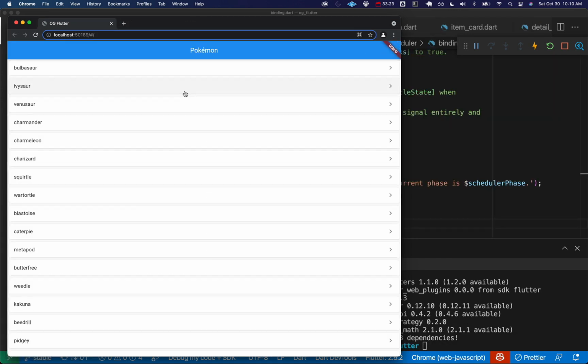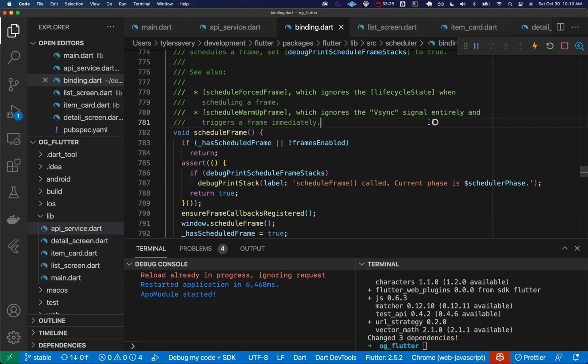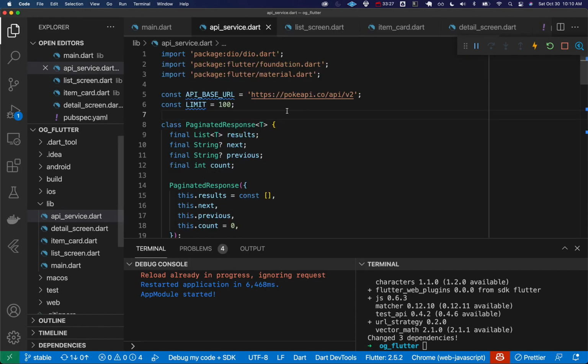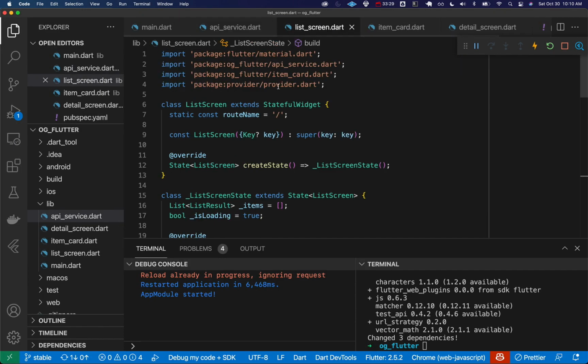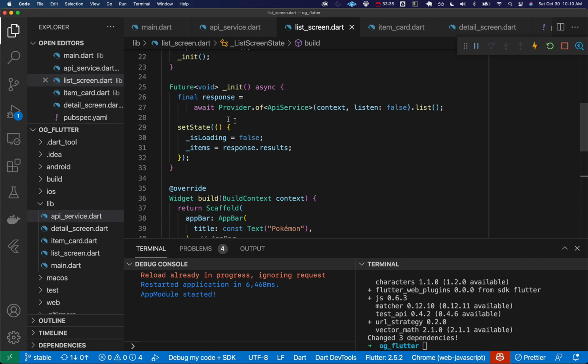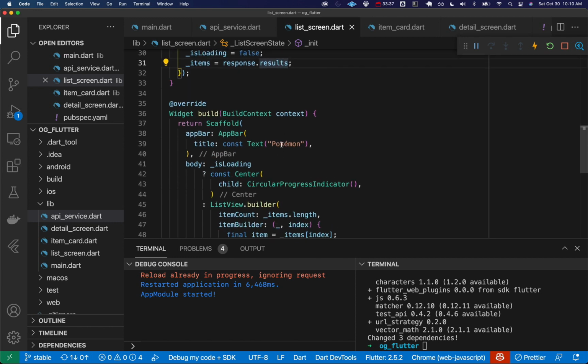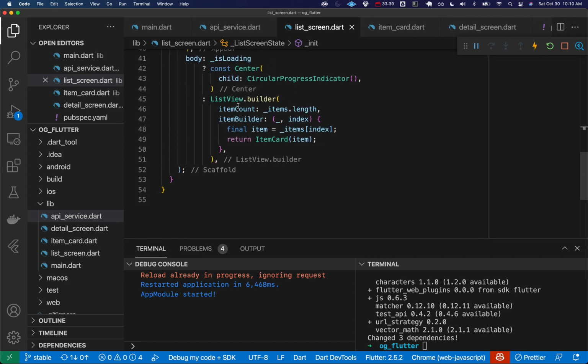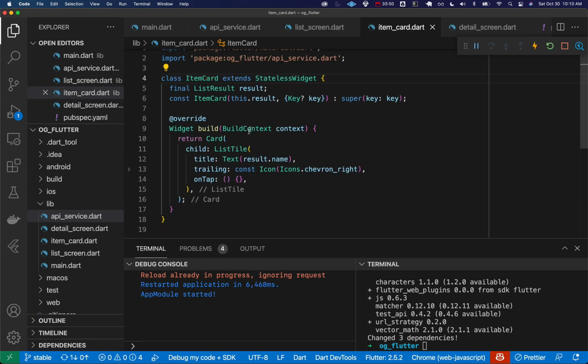Look at that. So essentially, as a quick review here, in our list screen, in init state, we are calling this function, which goes and calls our API service, which calls the Pokemon API, and then we set the state to loading false, and the items to whatever those results are. And then in our list view builder here, we are looping through them all, and that's what the item count is doing. How many should I loop through? And we're creating an item based on that index,